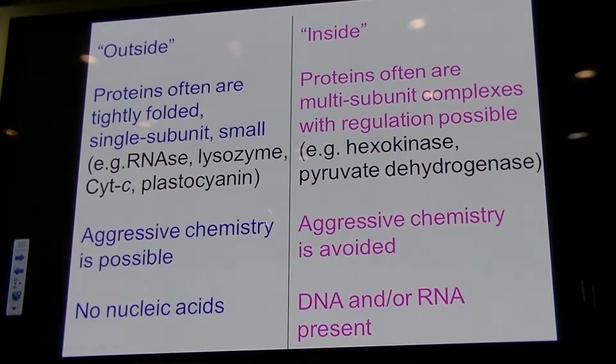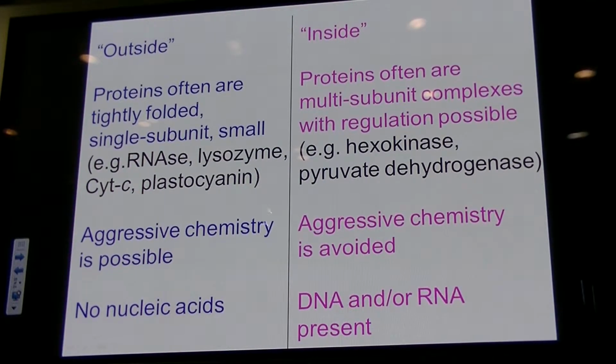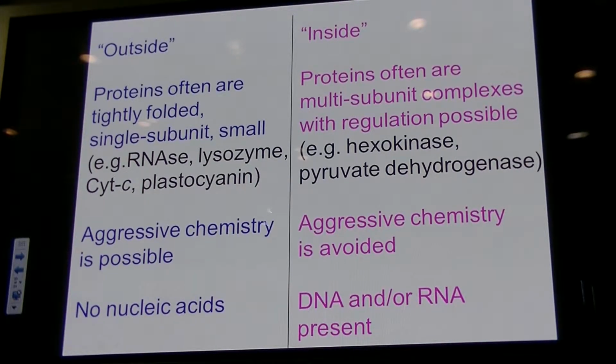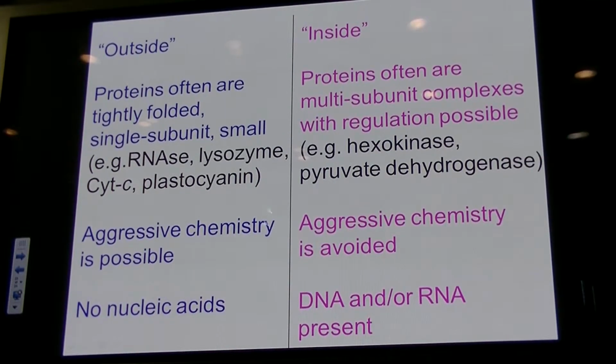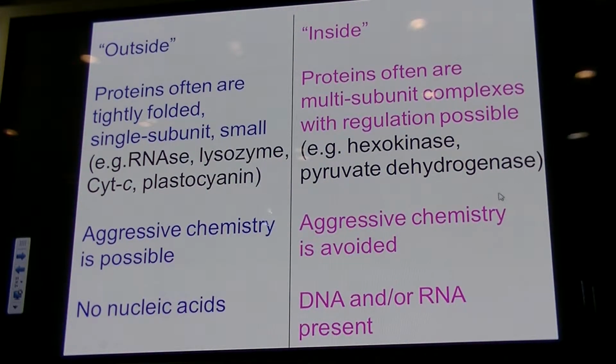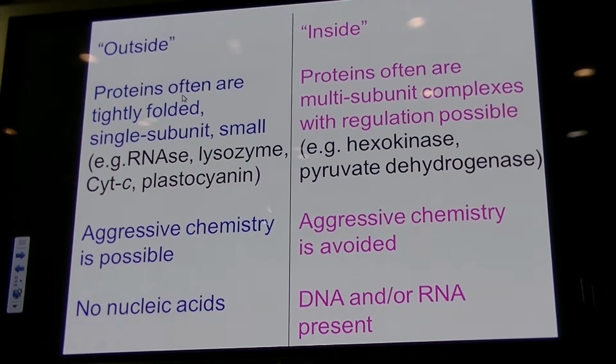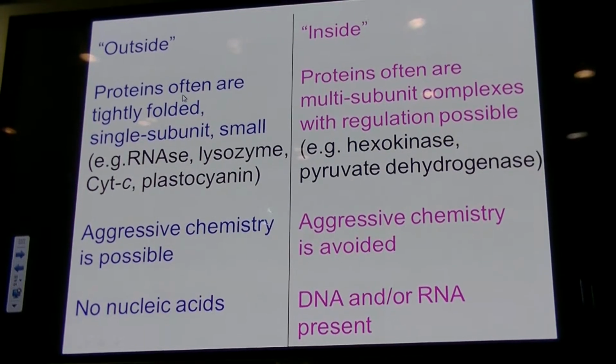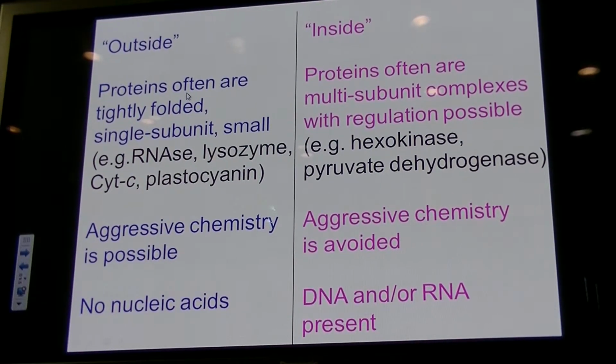We also see differences in that proteins that are inside cells are not so tightly folded. That is not the most important thing for them, because they need to be active. But they often associate together in large multi-subunit complexes. There are various examples of that in the TCA cycle and in other parts of metabolism. And the whole ribosome is an example of that. So these proteins are often in big complexes working together, whereas the proteins that are on the outside of the cell are often smaller, compact, single subunit proteins that fend for themselves and that have, once again, a lot of